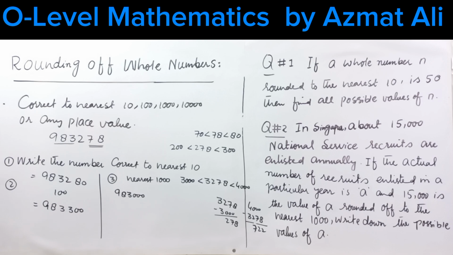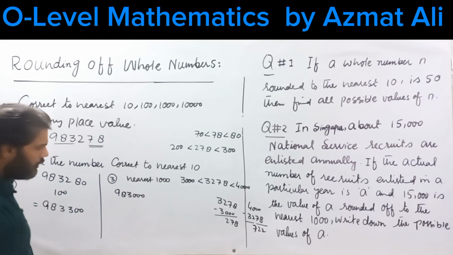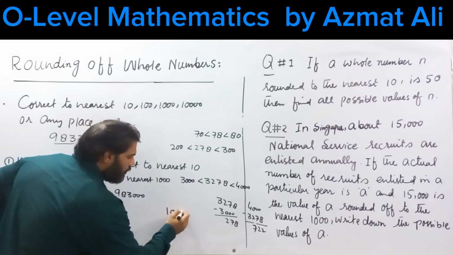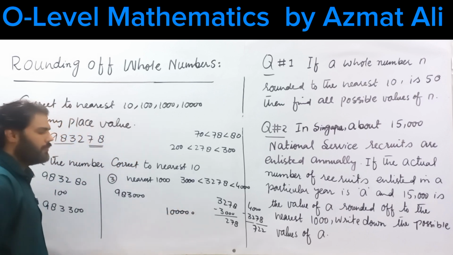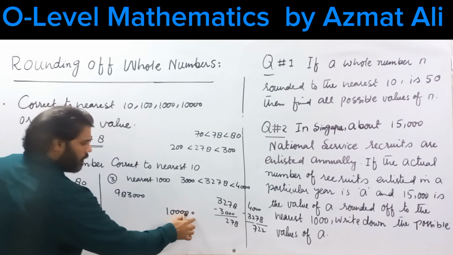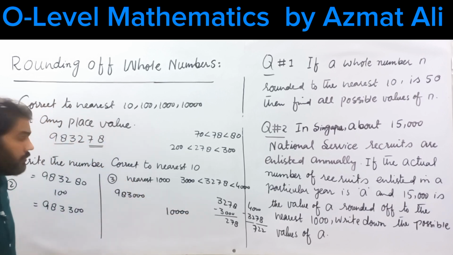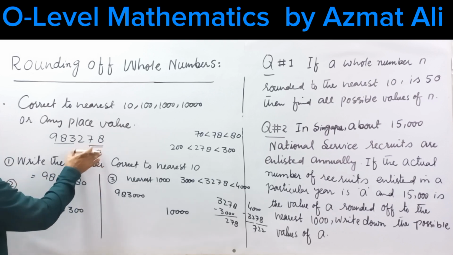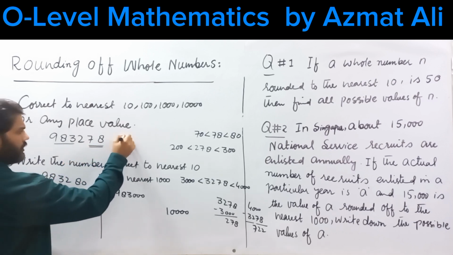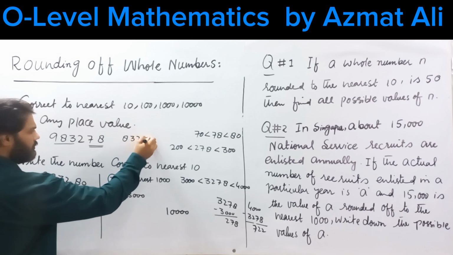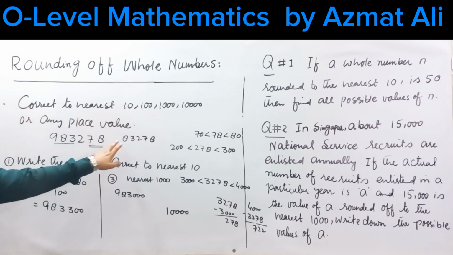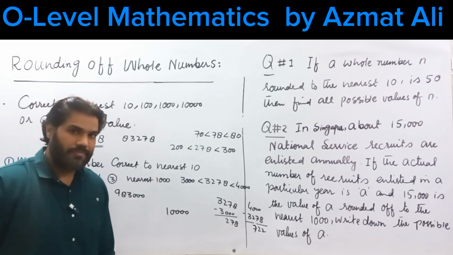Okay, let us take a last example. Suppose lastly we want to write the number nearest to 10,000. 10,000 means the number consists of 5 digits. 1, 2, 3, 4, sorry, 5 digits. Now the last 5 digits of this number form the number 98,278. This number lies between